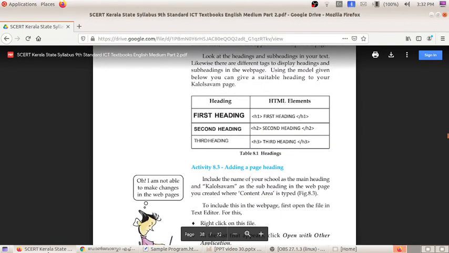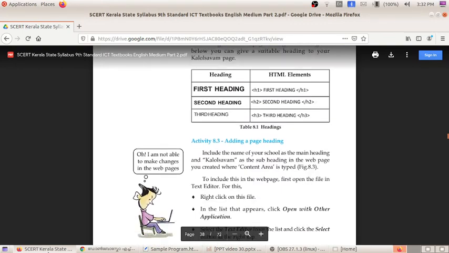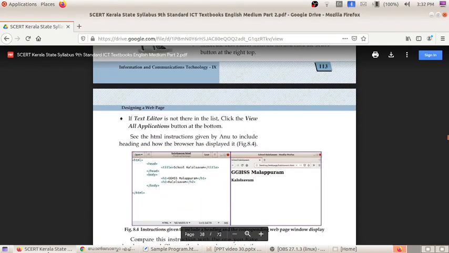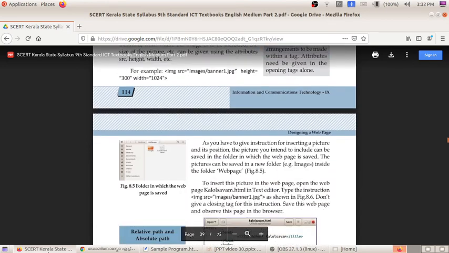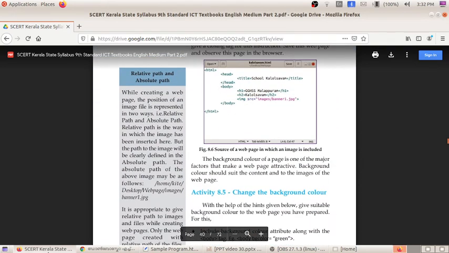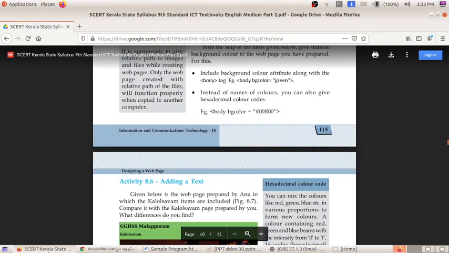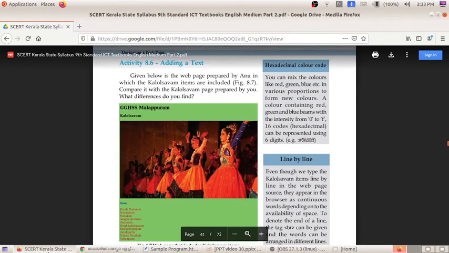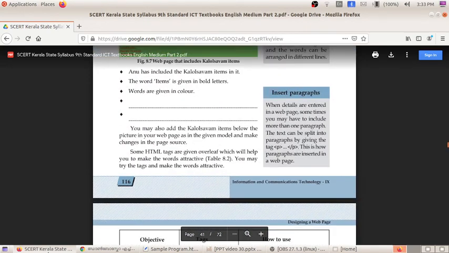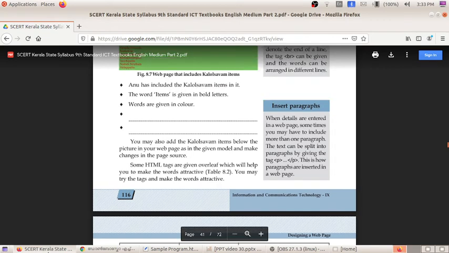And we have discussed the heading tags like h1, h2, h3, and how to add a heading and a subheading. Next we have discussed how to give the background color, how to include an image, how to change the background color, how to add text, and how to add the texts in a table. That also we have discussed.